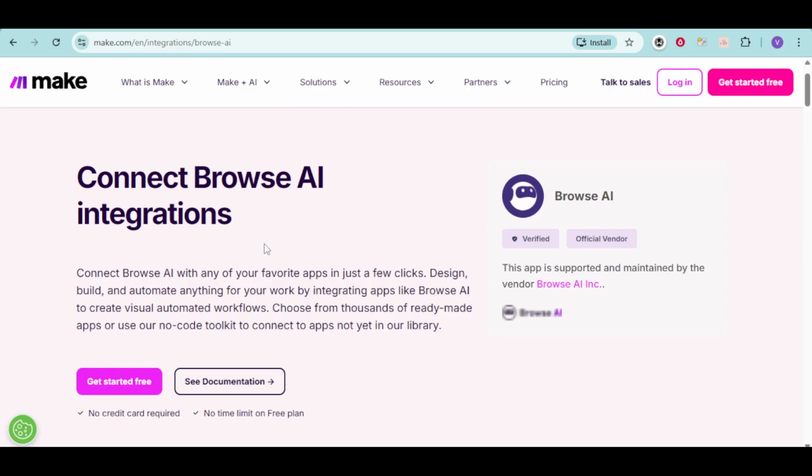in your automation workflow. Head over and click on this Get Started for free, or if you already have it signed in, you can see an install option from there. So make sure to just install the